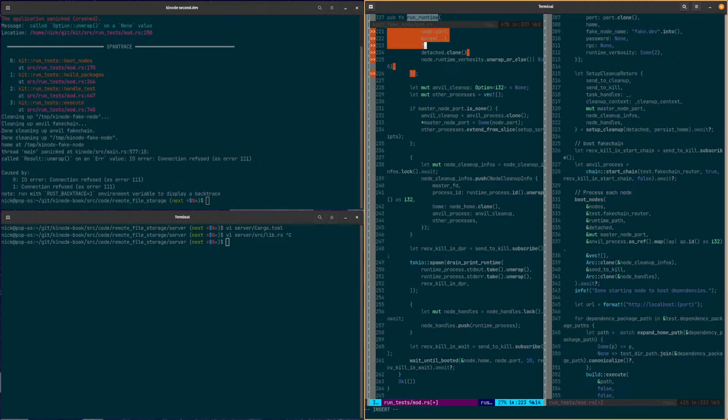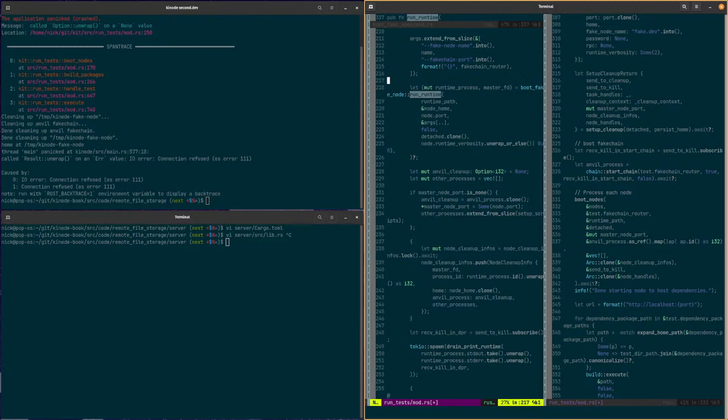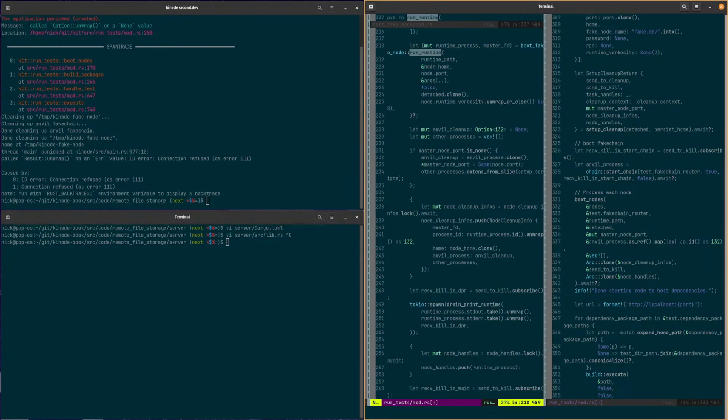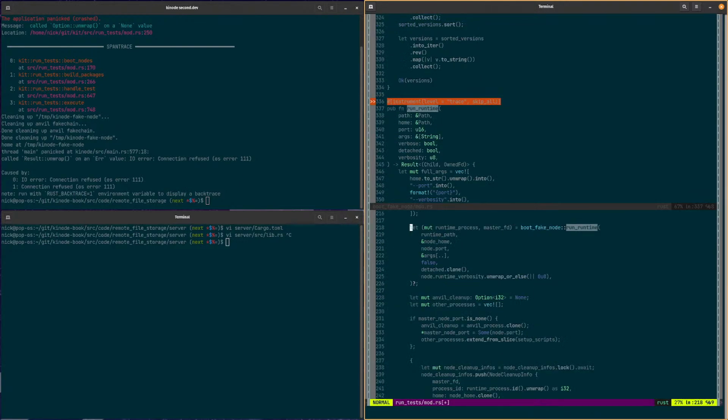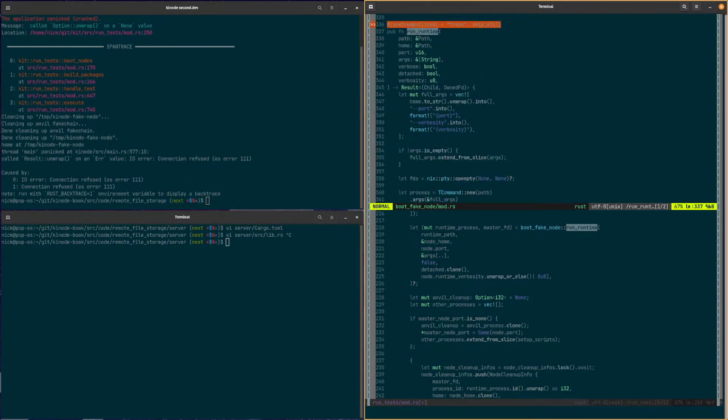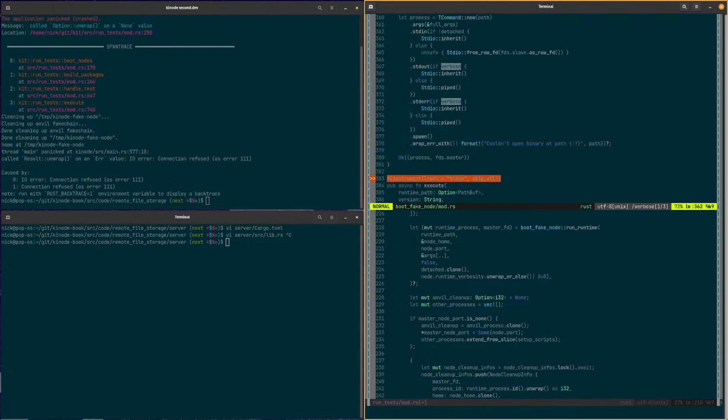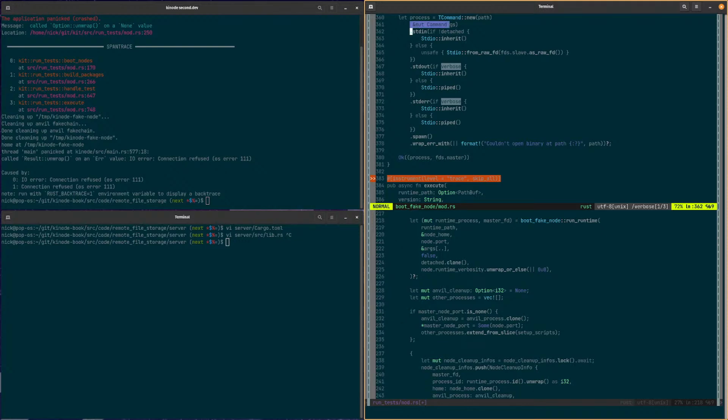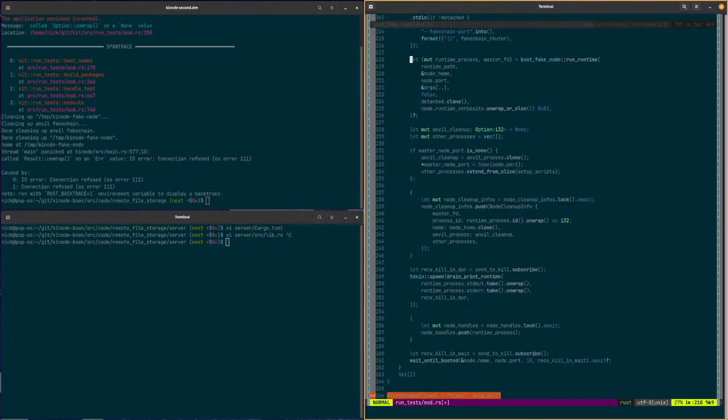Okay. I think it's because we get back different things. Yeah. Boot fake node gives us back different things based on verbosity. So if we're verbose, yeah, we do different things with the standard. Okay. We need the pipes. So we want to just always print then. Okay, so